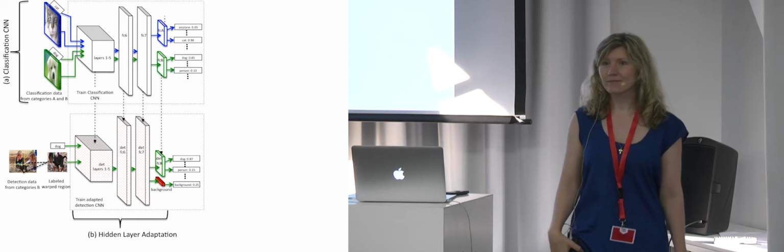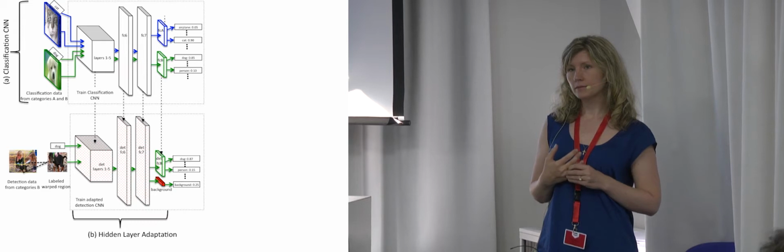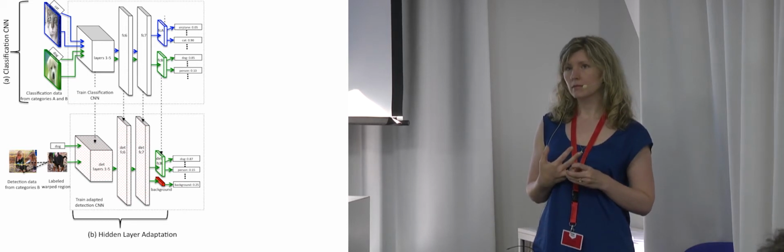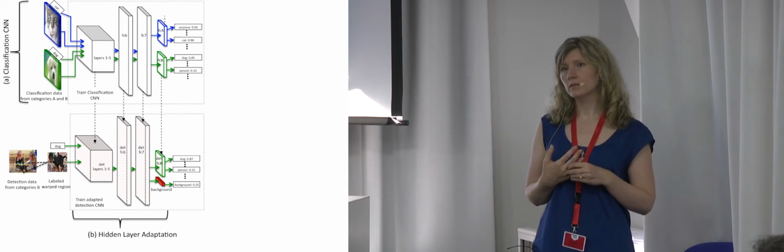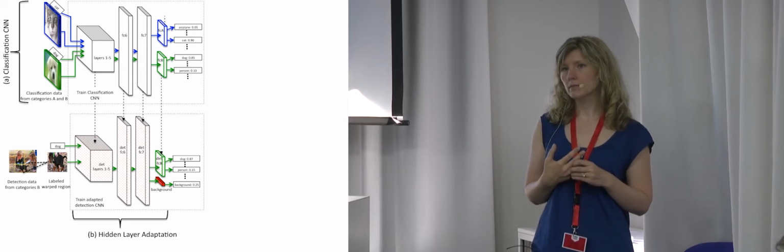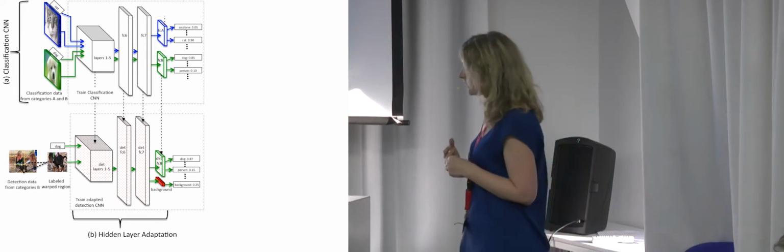The question is, how many regions were selected for analyzing for each image? I guess there are lots of overlapping regions, and these regions should be tested. And how were properly classified regions selected? Because if there are two overlapping lemons, and we have different combinations of overlapping regions that include one lemon, for example, or two, how were these problems solved? Thank you. Yeah, so that's a very good question.